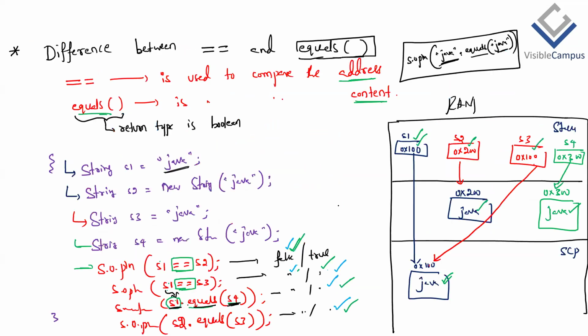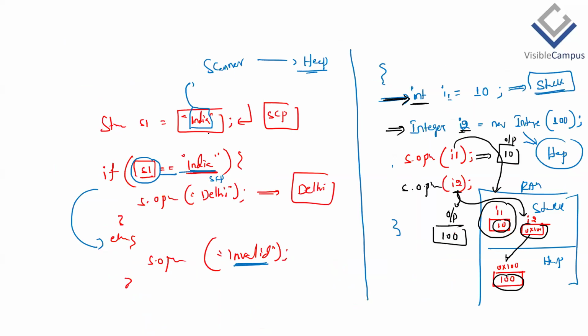Then we discussed the difference between the double equals operator and the equals method on strings. The double equals operator is used for every other data type also, but equals is used only on strings. So we can use it on variables and on values of string only, but not on other data types. It is present only for string. There is an internal point, I'll tell you at the last. Then followed by,